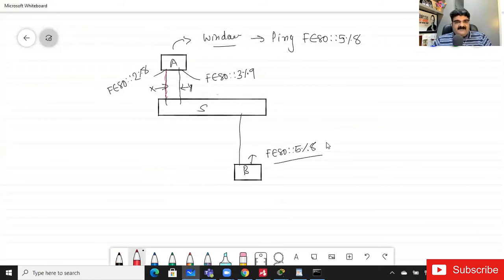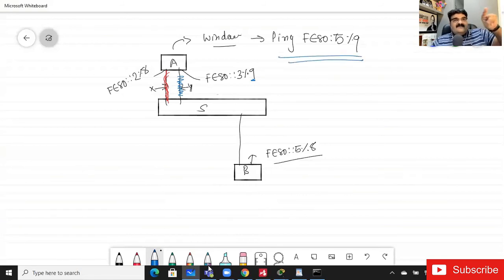And if you remove this and use FE80::5 with percentage 9, it will send the data using the other NIC because it has 9 as a suffix. So in Windows, or in many operating systems, if you want to select a source link local address whenever you are sending data to another link local address, you can use this percentage sign.